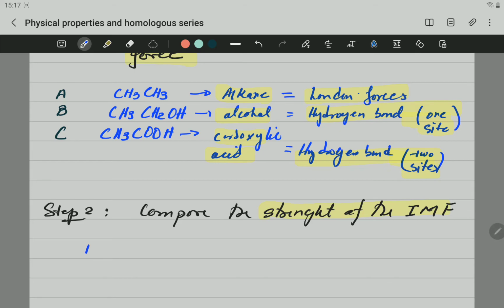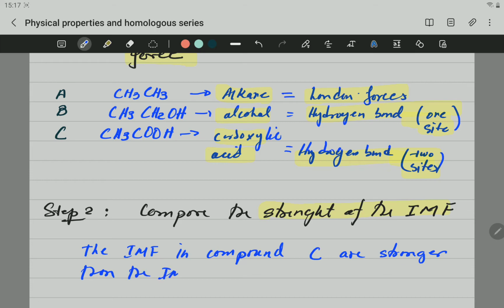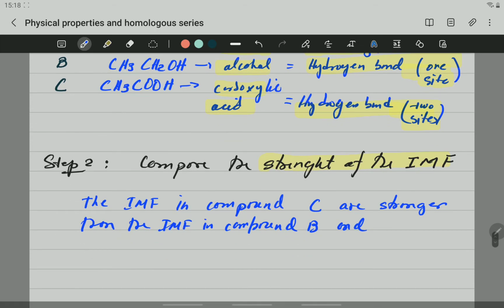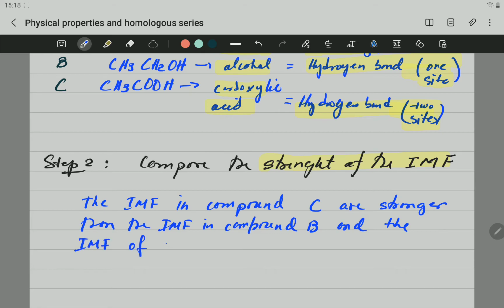Or you can just say the intermolecular forces in compound C are stronger than the intermolecular forces in compound B, and the intermolecular forces of compound B are stronger than the intermolecular forces